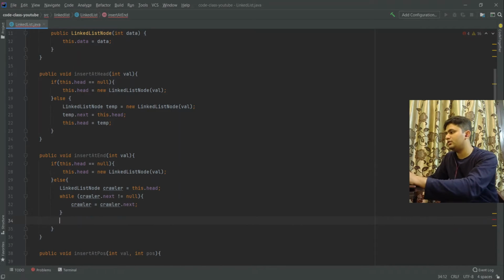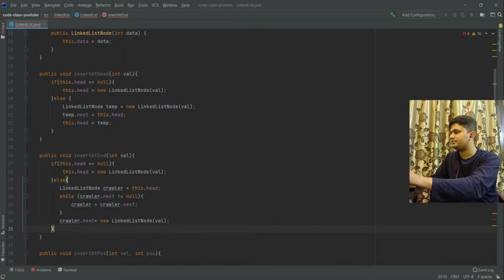When the loop ends, we simply do crawler dot next equal to a new linked list node, and this new node will contain this value. This is insertion at the end.